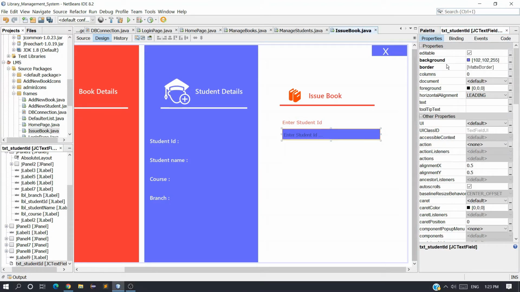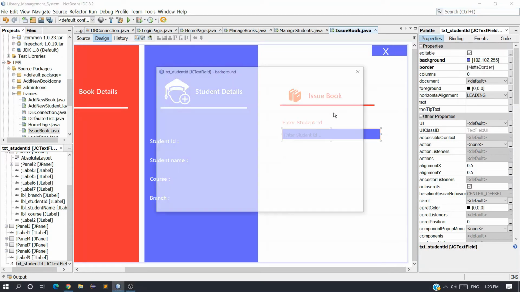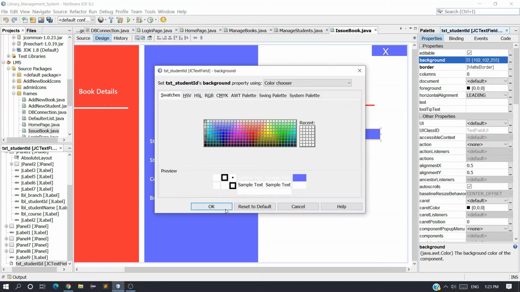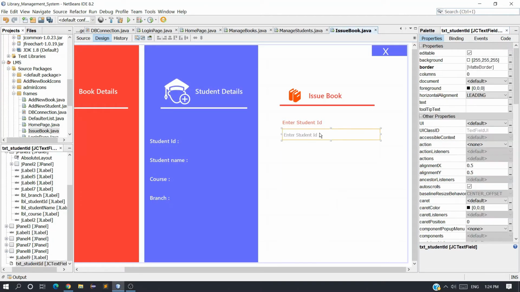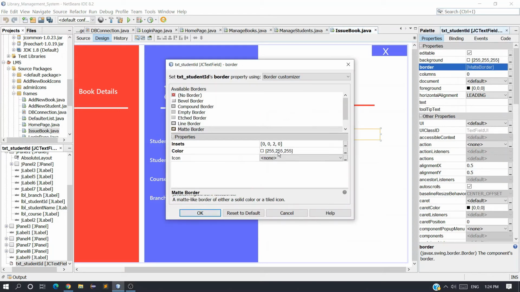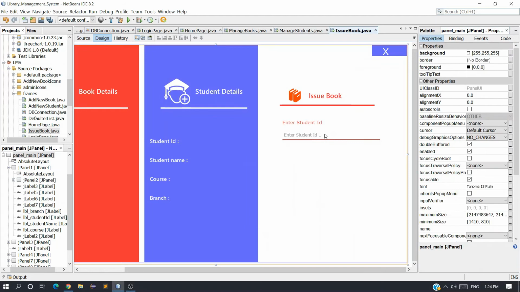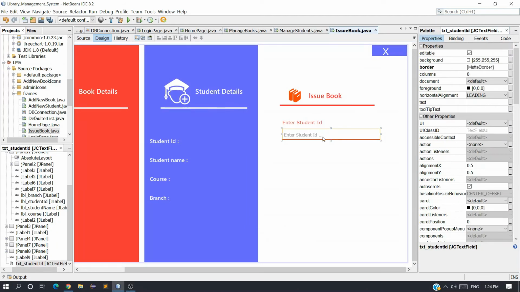You can see here the background is blue. Let's make it white. And the border, you can see border is here, and the border also I want to border color 255, 51, 51. Okay, done. Enter student ID.